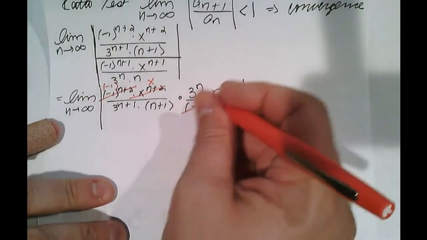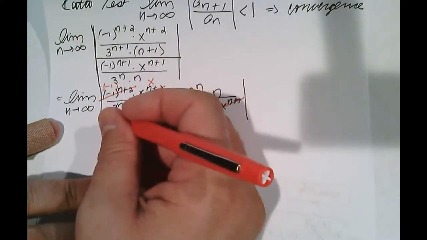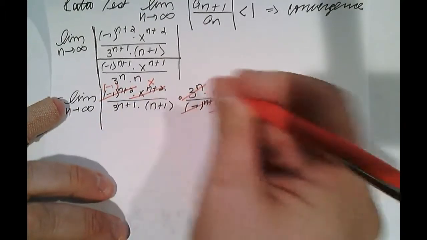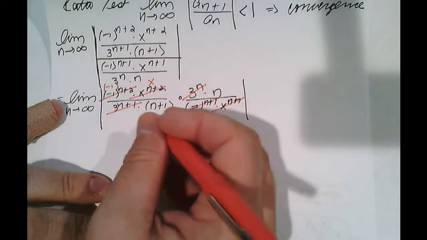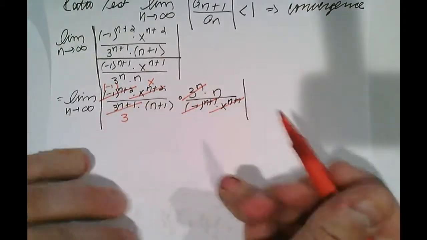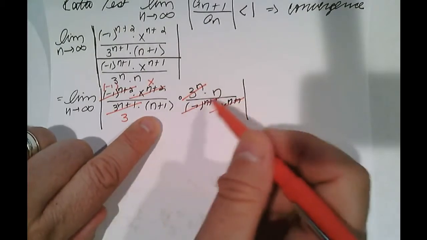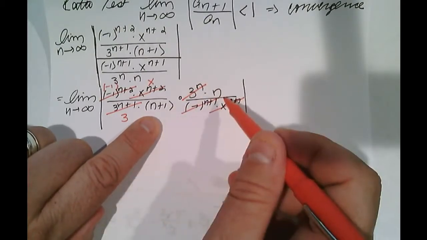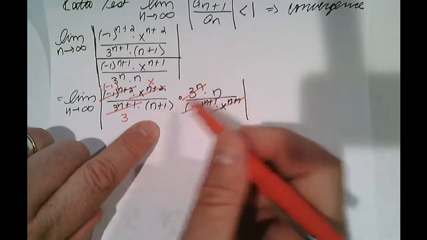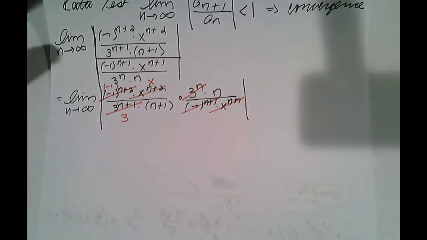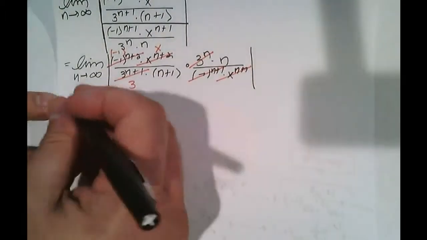I have 3 to the n in the numerator, 3 to the n plus 1 in the denominator. Those cancel, and it leaves me 3. The n and the n plus 1, you want to be careful here. These don't cancel. These don't have the same base. So where we are right now is we have the limit